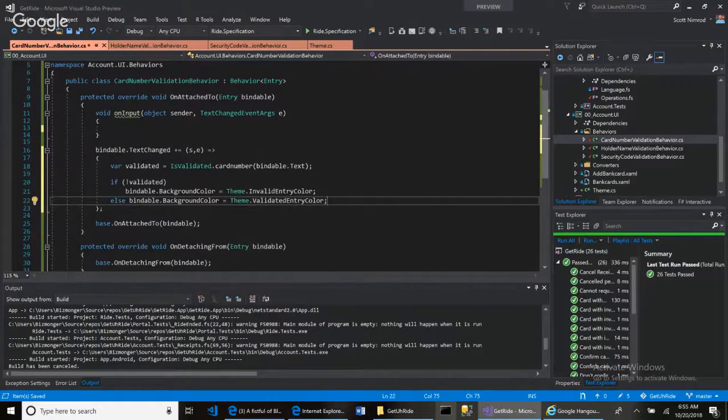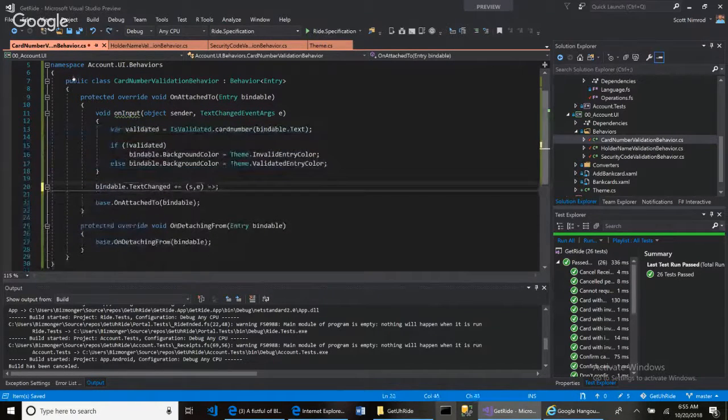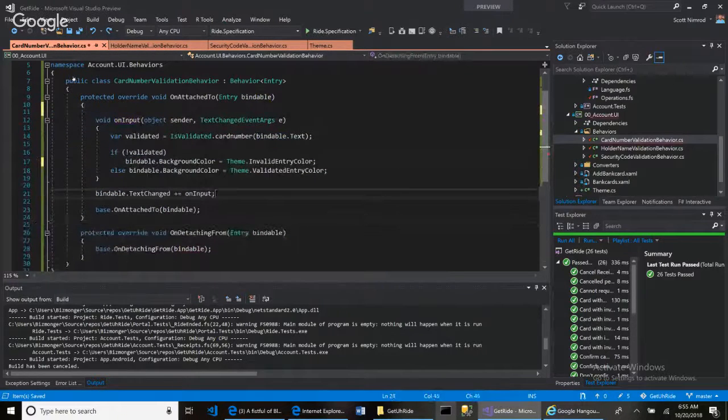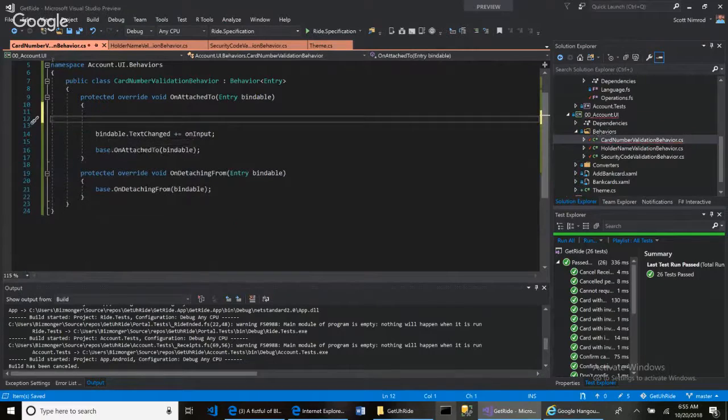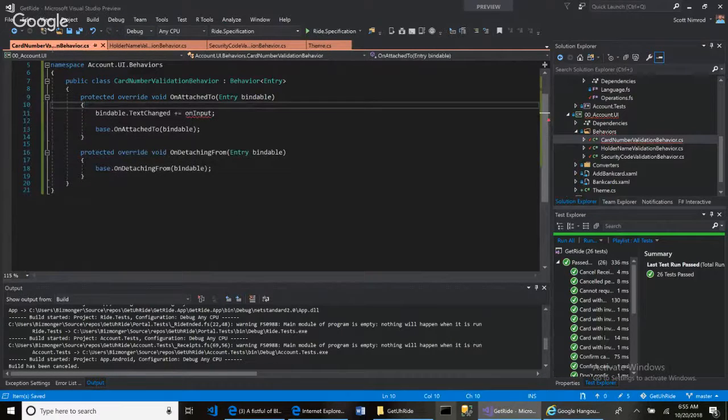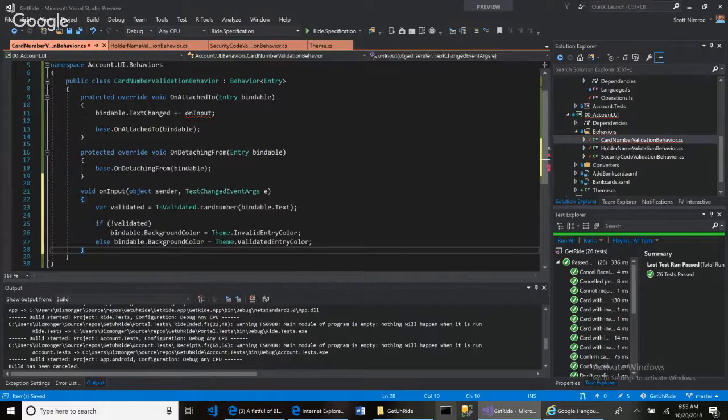Only thing is that you can no longer, and this is probably why that logic should be private, you can no longer unsubscribe from the text change event in here. So what I mean by that is we have this right here, but maybe this on input, instead of it being an inner function, maybe it should be a private method. Okay, so you have over here this, and so then when we